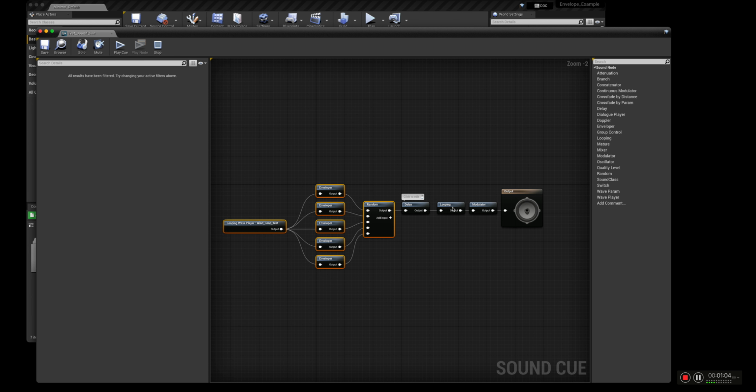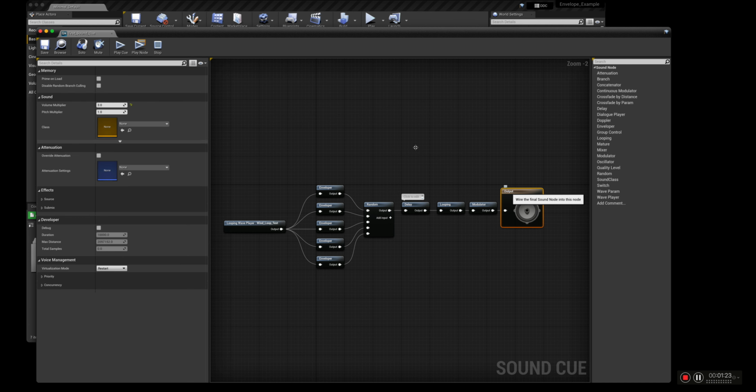Because if we didn't put the looping on there, it would play through once, and the win sample I have is roughly 20 seconds long. So it would play for 20 seconds, and then it would just stop. And then finally over here, the modulator is doing some pitch and volume randomization per each call, and it's going to the output. So if I were to play this real quick,